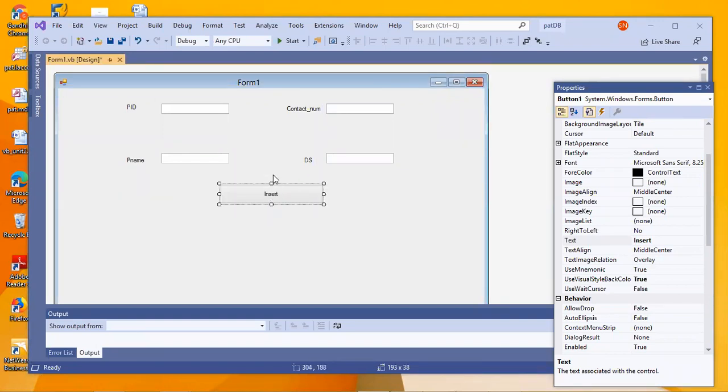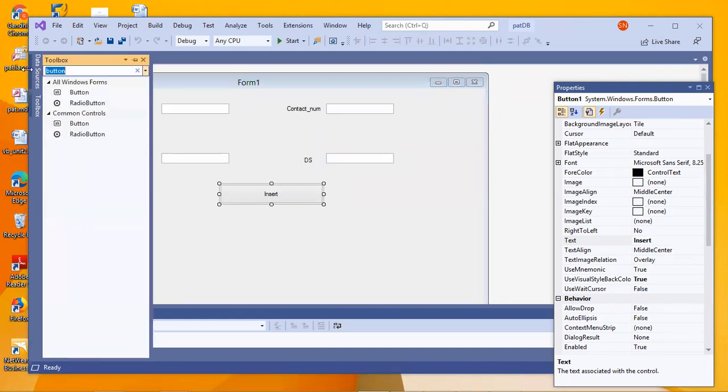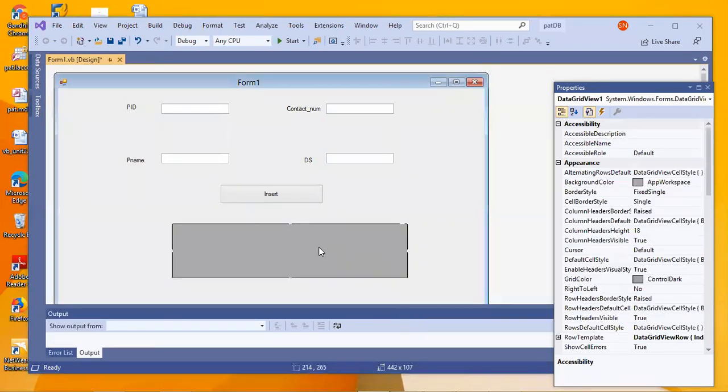Now we have another control called DataGridView. What exactly does this do? This is used for displaying the database details, that is the column names and the rows, whatever has been inserted.